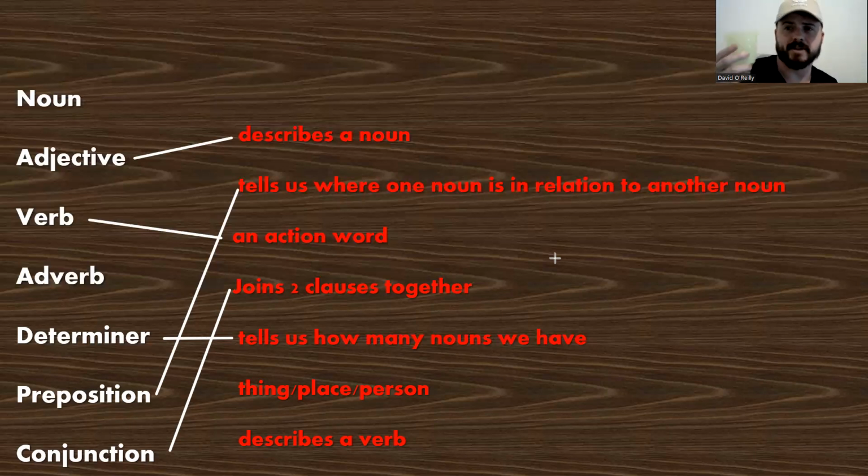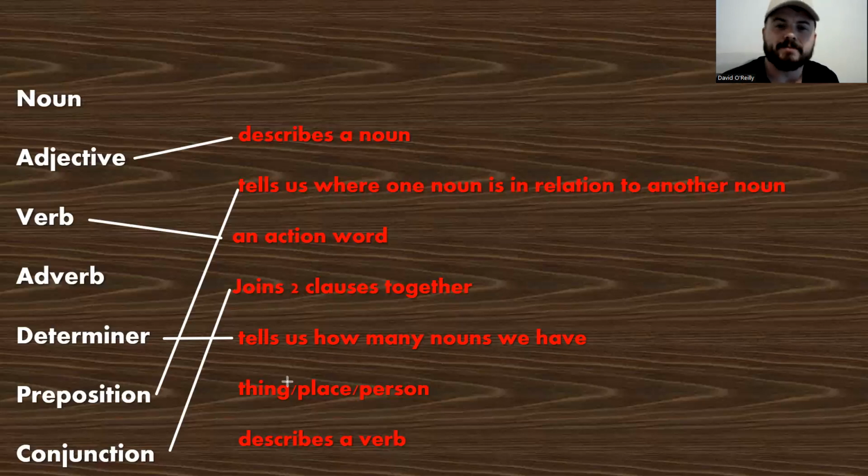So this cup here is a noun. It's a thing, right? We've got one cup. So one tells us how many cups we've got. It's a determiner. Now I've got two cups. Two is a determiner. Also I have a couple of cups, so the word couple becomes a determiner. Here I've got many cups or some cups. Many, some, a few, couple, individual numbers, 1, 2, 3, 4, 5. If it tells us how many nouns we've got, we're using a determiner. But there are many other types of determiner, and we will go into those. For now, just remember this.